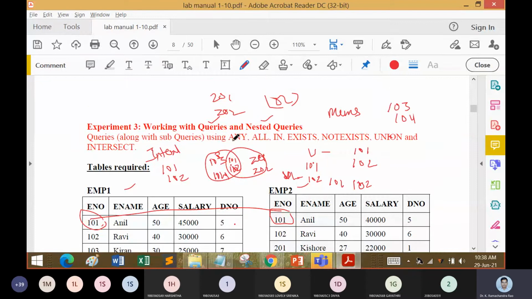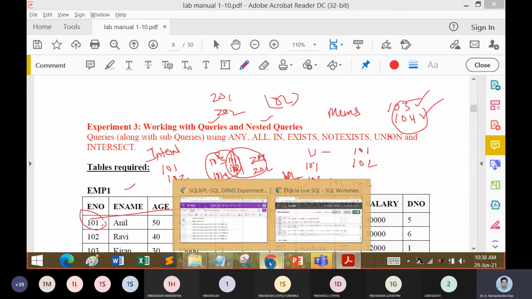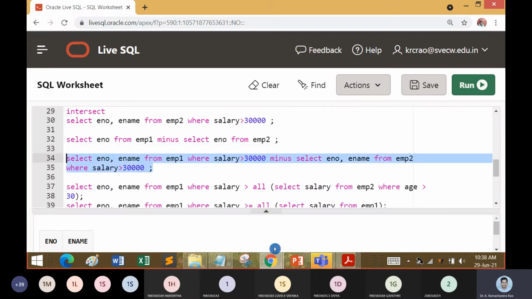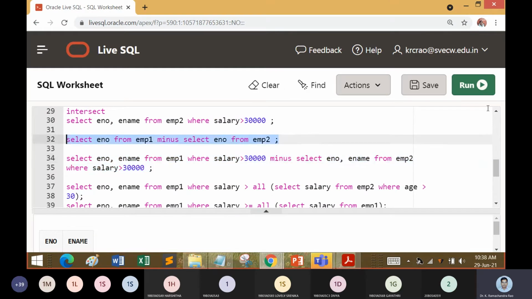If I make a minus operation, only things in the first table will be displayed, and we exclude the intersection part also. That is what we say. Now we are expecting 103 and 104 to be the 2 answers when we make this minus operation. So let us hit the run button to see how the minus operation works.